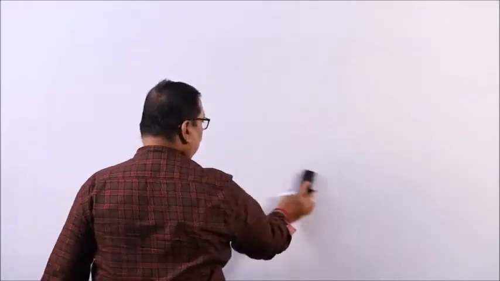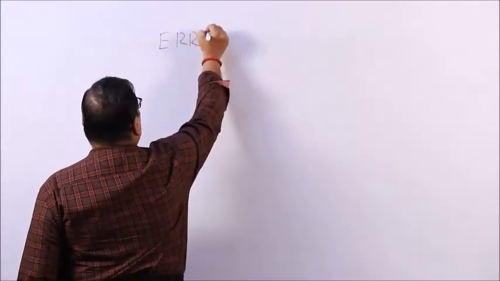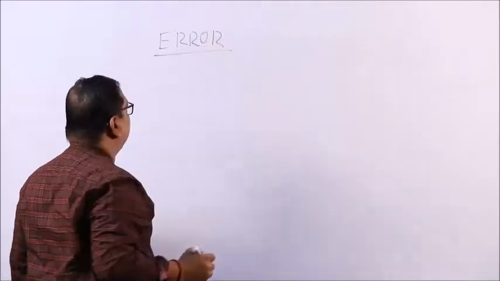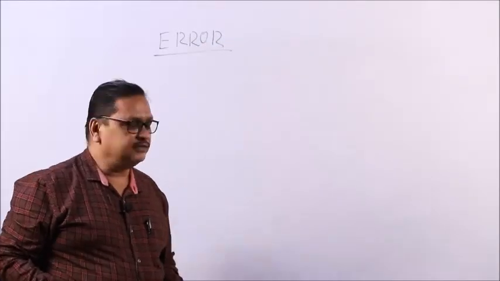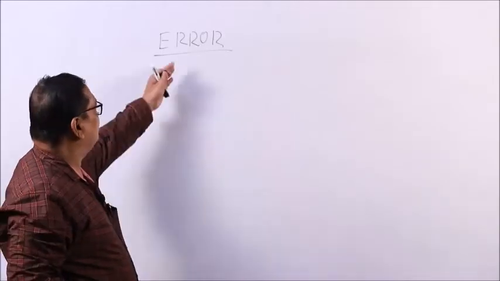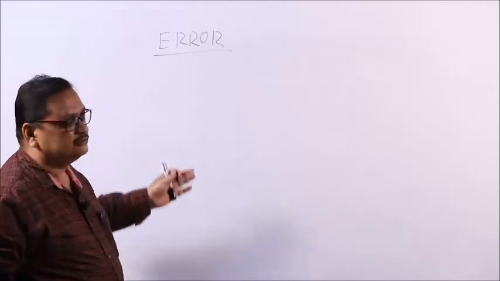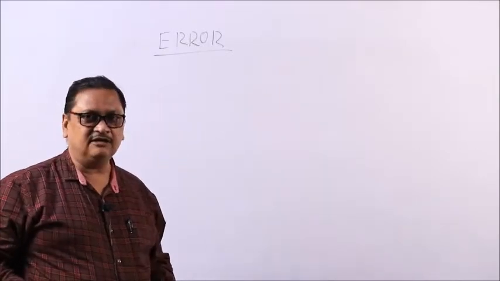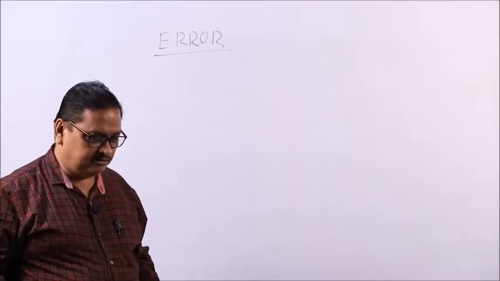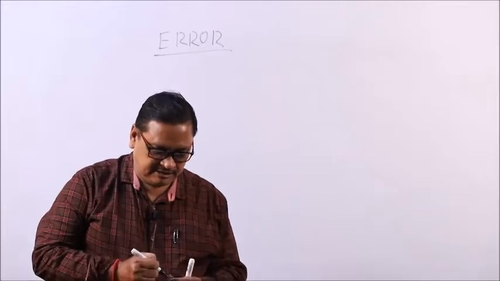Next, we will go to a very important thing, error. It is a very common thing, in day to day life we are also making various types of errors. But what is error in physics? We will discuss it. Of course, physics is the study of nature. So, in nature there are also some errors and we are also making some errors, but we will discuss physically what is error.